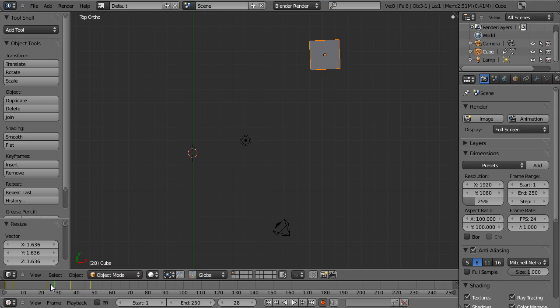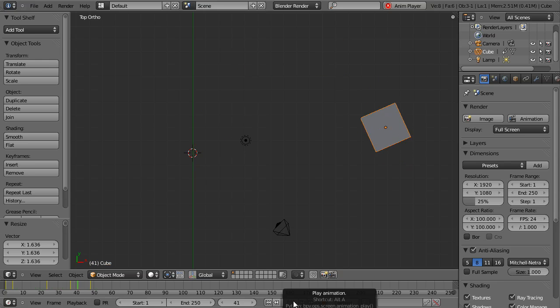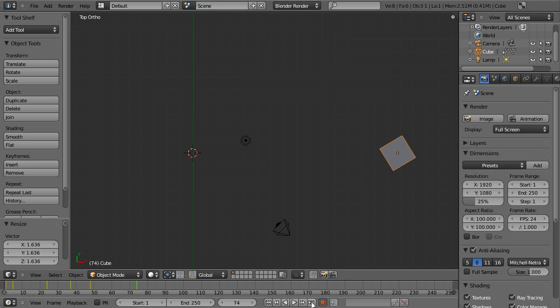We can add any more objects that we wish to animate and do as we wish to play it. If you wish to play back your animation, you can simply use the timeline controls here to go back to the beginning, press play, pause it, skip to the end, and whatnot. If you want to change your total animation length, say for example right here we only have 48 frames, then you can change the end